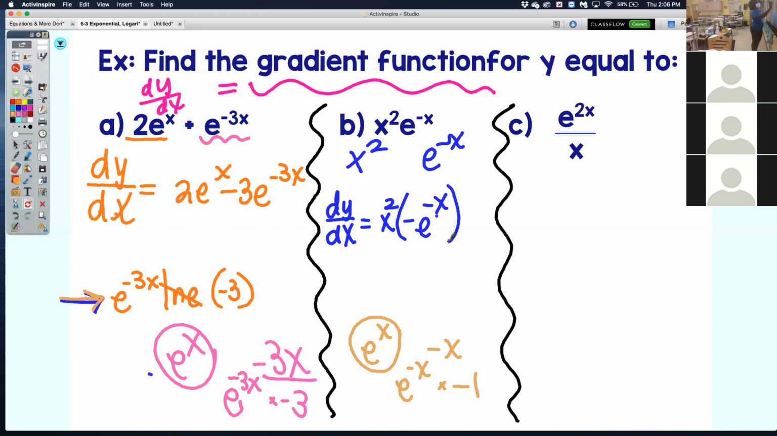Yeah. Okay? Plus the second, which is e to the negative x, times the derivative of the first. What's the derivative of x squared? 2x. So then our final answer for the derivative